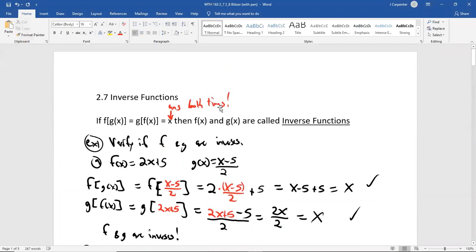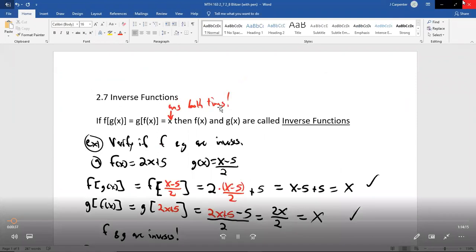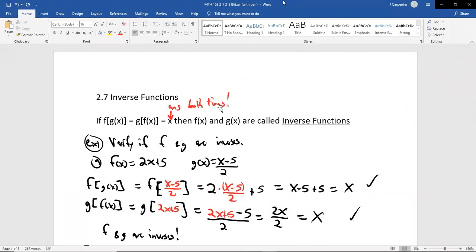Remember, we are in 2.7. I don't want to say halfway through 2.7, maybe a third of the way through 2.7. I am going to try and finish this section as well as 2.8 today. I would really love it if I can make our test a week from today, which would be Wednesday and Thursday, November 4th and 5th, as we previously discussed. So I'm going to go ahead and get right into it.